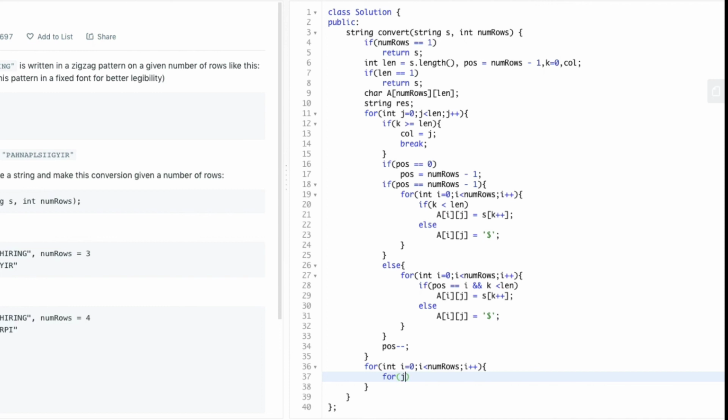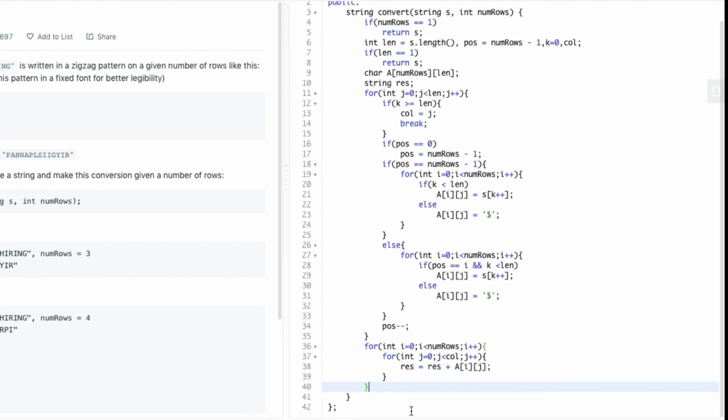So we can run the loop from i equal to 0 to number of rows, which is for accessing the rows, and similarly another loop to access the columns. And finally we add that character to a resultant string. And at last we return a resultant string res.